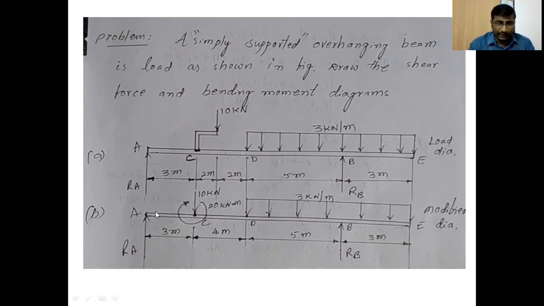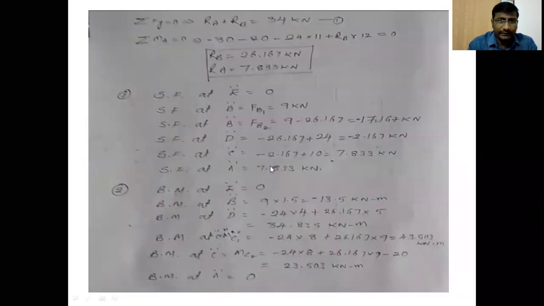all the moments on the right side of the point. On the right side of the point, what forces are there? RB is there, the uniformly distributed load is there, one point load is there, and a moment is also there. Here, while calculating the moment, you have to take this couple moment, which is in clockwise direction. Clockwise direction is taken as negative. Okay, so these are the total moments. Let us look at the equation. Let us take the equilibrium equation, sigma MA is equal to 0. This is the static equilibrium equation.